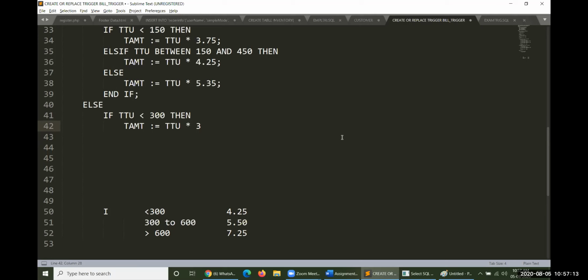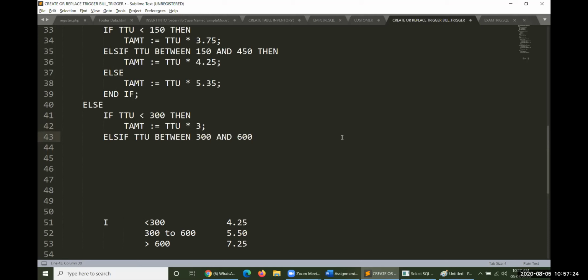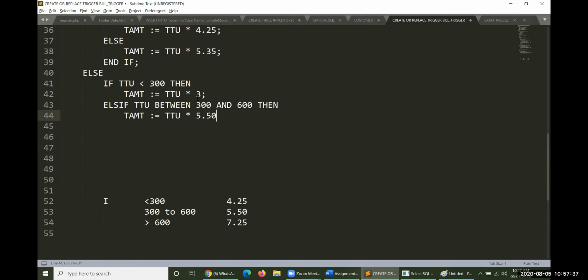Else if TTU between 300 and 600, if this is the case, then TAMT will be equal to TTU into 5 rupees 50 paisa. I have missed something. It is not 3 rupees actually, it is 4 rupees 25 paisa. And 5 rupees 55 paisa.